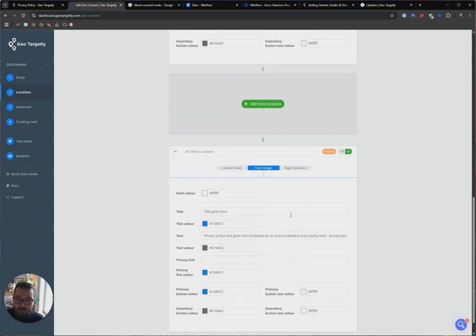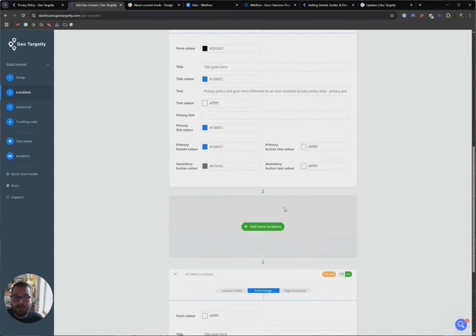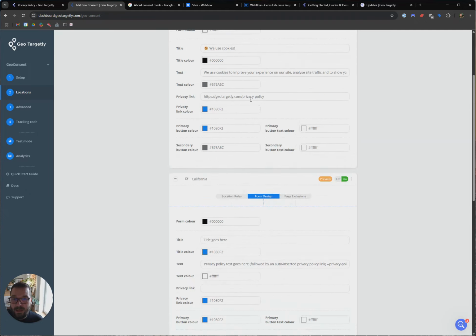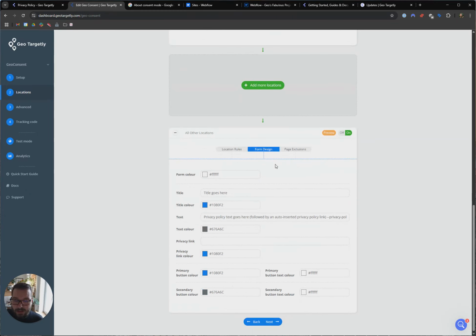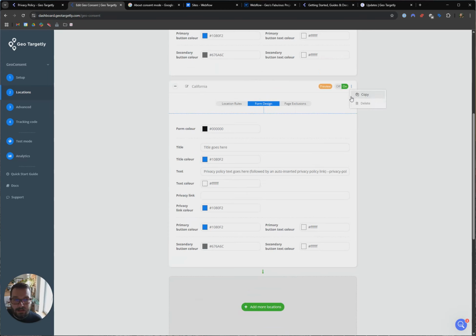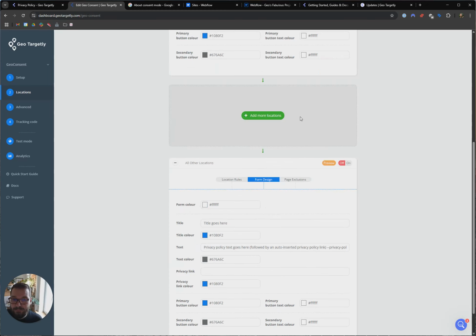What this would do is, for anybody who does not fit the criteria specified in any of the location segments above, it would still show the consent pop-up, and it can be customized to fit that need. But let's say I only want to do it for Europe now, so I'll just turn this off and I'll delete the Californian